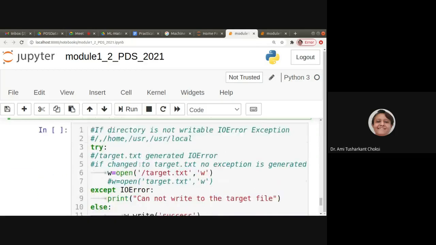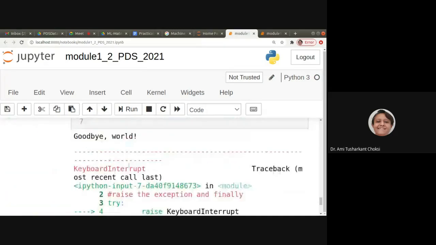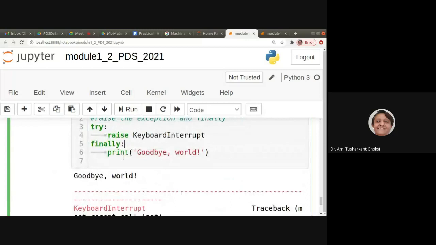So for that, what we used to do is we have the finally, right? Finally is where, whether the exception has occurred or not, it will be called. So typically here, this is only an example, that is we have written print goodbye, but the actual use of finally is to close a particular resource. If you have opened the file and if some problem occurred in writing that file, what will happen?